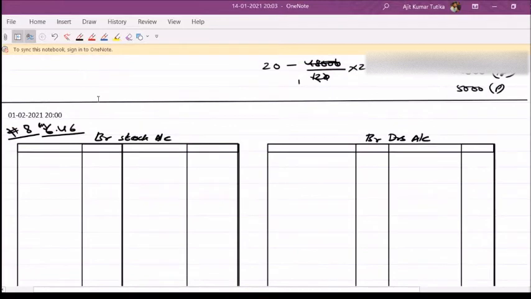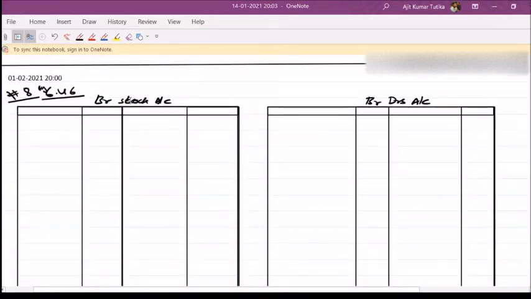So we will start with stock and debtors method, illustration number 8. It is on page number 6.46. As we have discussed earlier, we have the debtors method and the stock and debtors method. The debtors method has a bit less chance of coming in the exam, so we have opted for the stock and debtors method. Now we will practice more problems in this, and then if time permits we will go for the debtors method also. As of now I am taking illustration number 8.